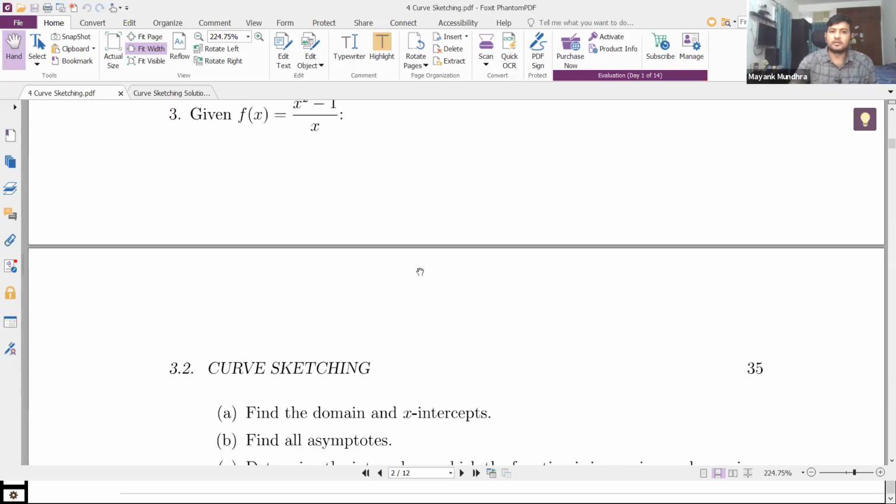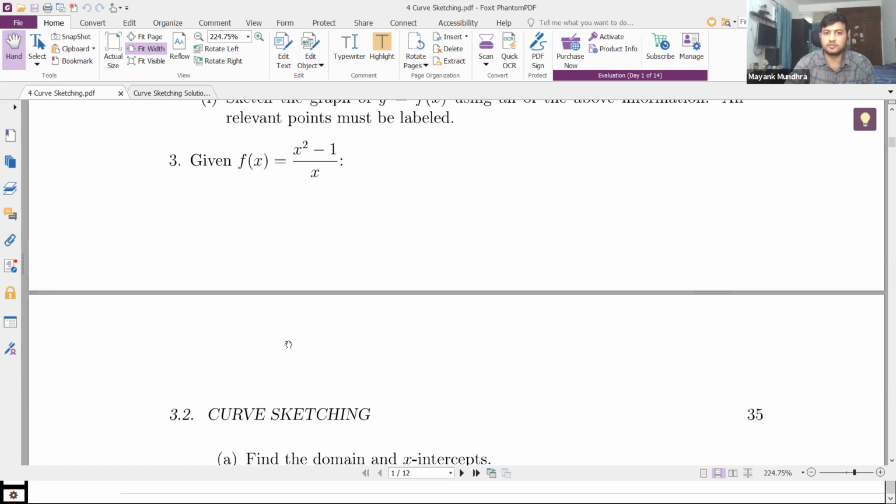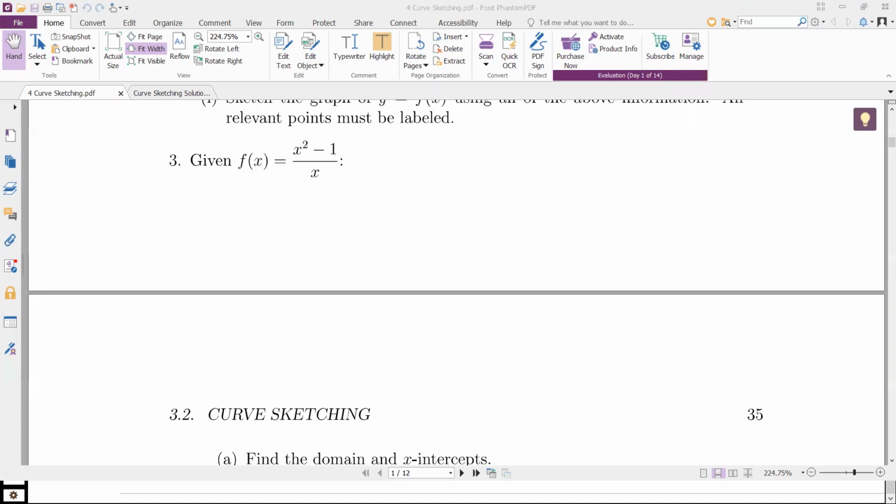So find the domain. So simple one. So let me put this to you, Akshi. What is the domain of this function, Akshi? We have done domain problems, so this is fairly straightforward. So, yeah, so all real numbers except 0. Very good. R minus 0. So that is the domain.